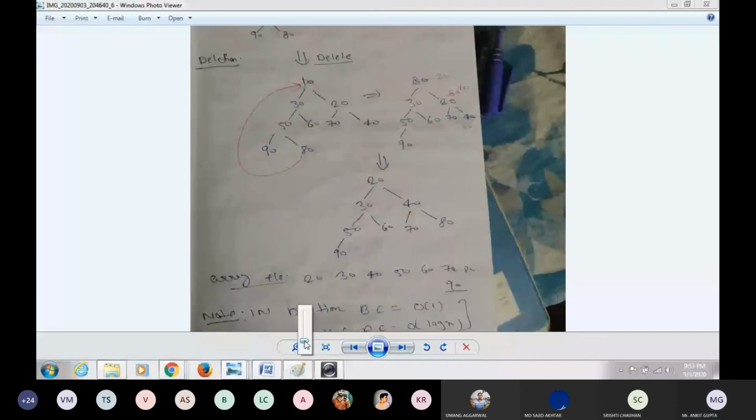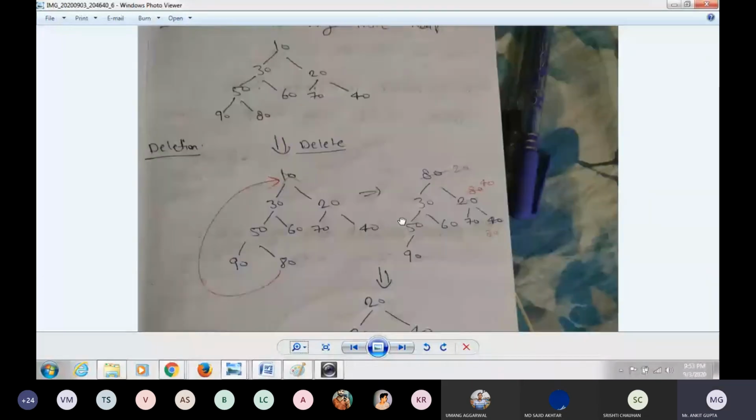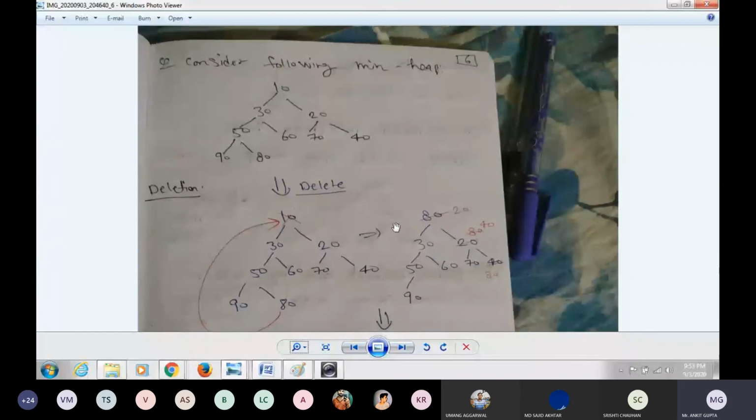algorithm. In the deletion, you don't need to give anything. Simply delete. I will simply say delete the element; I will not give the name, such as 80, 90, 60, 70. Consider the following min heap: 10, 30, 20, 50, 60, 40, 90, 80.